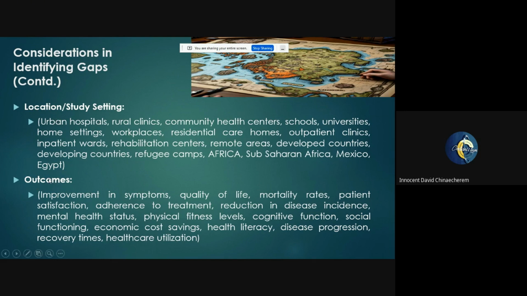Now, we can also have considerations in terms of our outcomes, right? So it could be based on symptoms, quality of life, mortality rate, patient satisfaction, adherence. These could be other areas you can look at when you say, the health intervention conducted in Mr. X's study was based on quality of life. Now it's still the same setting, the same population, the same intervention, but now I'm going to focus it on mortality rate. That means you've identified the gap. That shows how brilliant you are, and you want to explore literature from another dynamic.